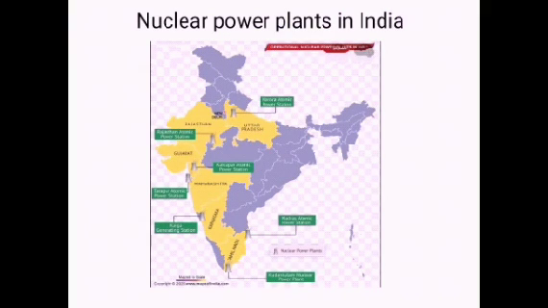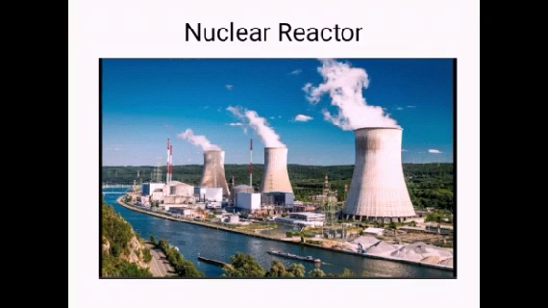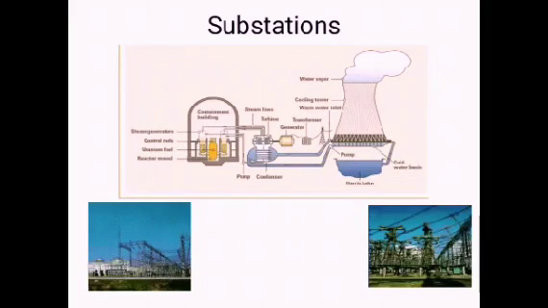These are the nuclear power plants in India. Usually, most nuclear power plants are located along lakes, rivers, or seacoasts because the facilities use water to cool the reactors. Nuclear plants are the most efficient sources of electricity. Nuclear power plants heat water to produce steam. The steam is used to spin large turbines that generate electricity.